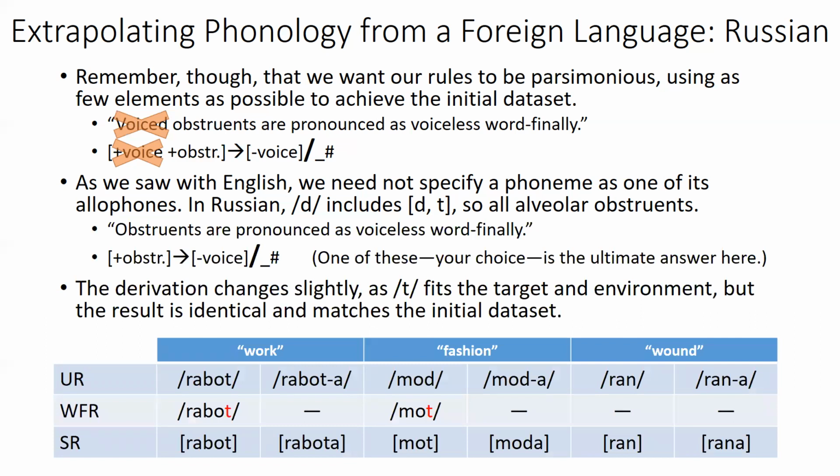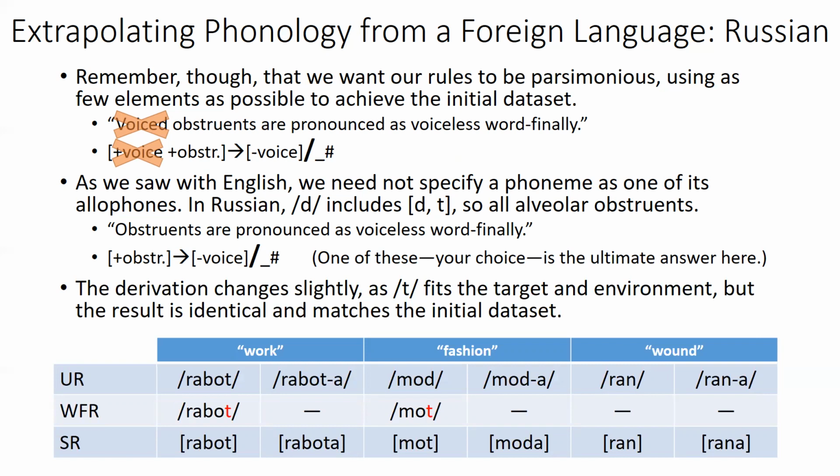So notice our derivation table does look a little different, but it produces the same data. So this rule is looking for obstruents at the end of words. So ran and rana, both of those end in sonorants. We said N is like a vowel in that sense. It's a resonating sound. And obstruents only include stops and fricatives. Moda and rabota, we exclude those because they end in vowels. Again, that's a sonorant. So the only two words that end with an obstruent, a stop or a fricative, are